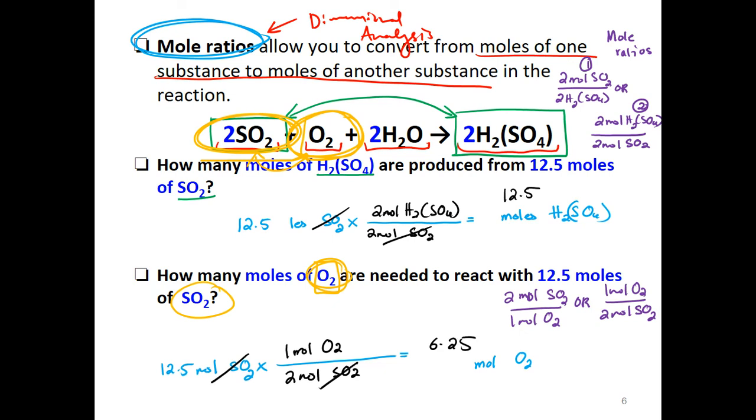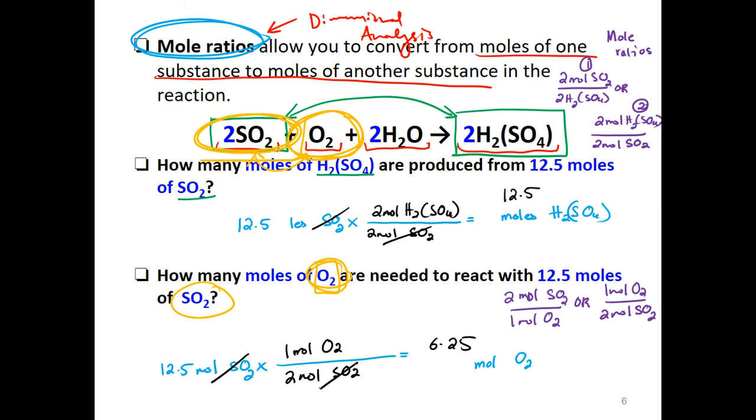6.25 moles of O2. Okay, so that means if I react 12.5 moles of SO2, I need to also react 6.25 moles of O2 based on the ratio in which they combine. So for every 12.5 moles of SO2 that's reacting, 6.25 moles of O2 will also react. So mole ratios are used just to do